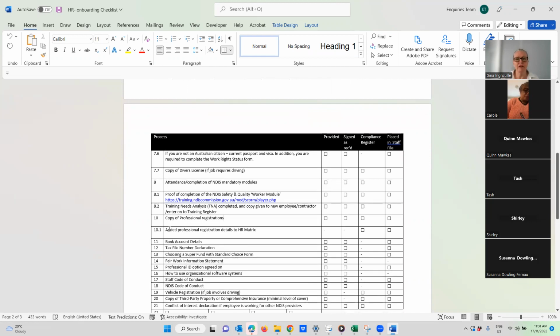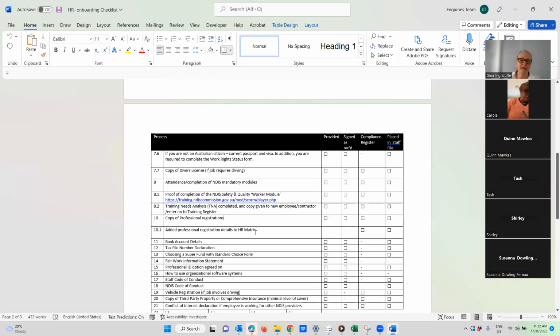I've got this here because it's great for me to say these, and it's great to have a checklist. But what I saw was, you haven't followed through with these things. Have they provided it to you? Tick it when they have. Has it been signed as received? Has it been added to your compliance system, whether you have a compliance system piece of software, or an Excel spreadsheet, whatever it is? And last of all, has that piece of evidence been put in the file? We need all of these.